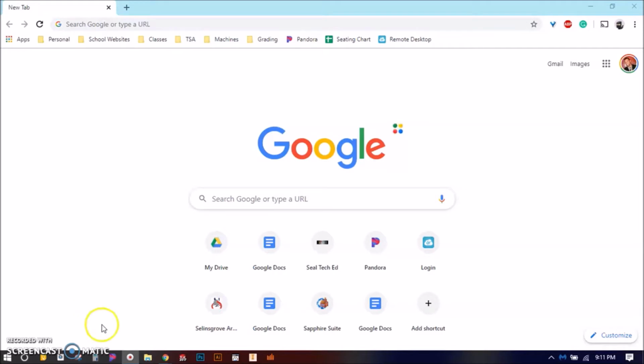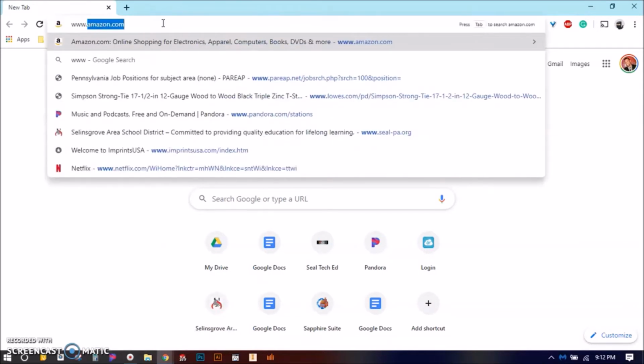I have Google Chrome open right now, and I am going to walk you through how to get to my website and how to actually do day one, even though each one of the classes are slightly different. So with the internet open, and mainly Google Chrome, I'm just going to simply go up to a search engine, and I'm going to have to type in